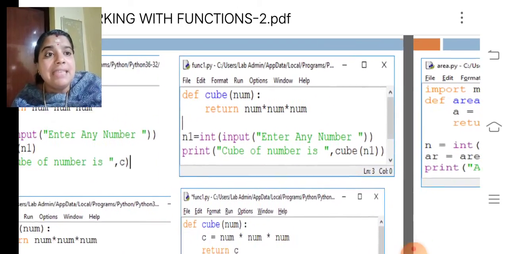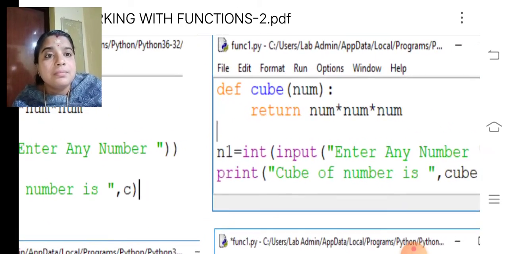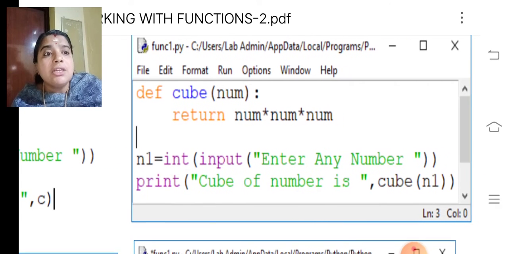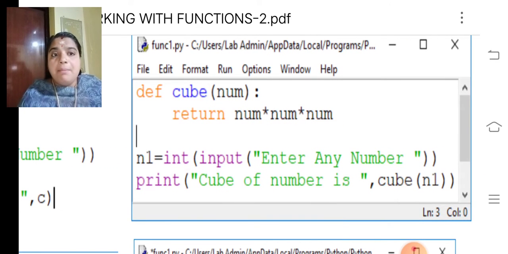Look at the second example. Print cube of a number is cube of n1. The calling happens in the print statement.